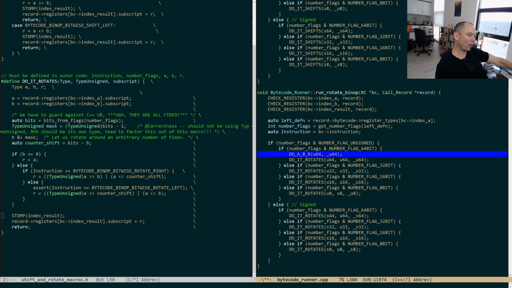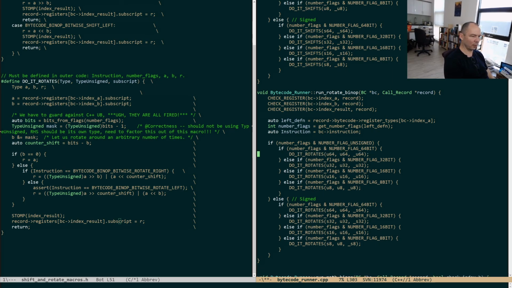So it's like prep, do the thing, and then store. And the reason those have to be separate is because this thing wants that subscript, right? But so in C, macros correctly expand to macros, right? So I could go like, I could do this, right? And I could say,